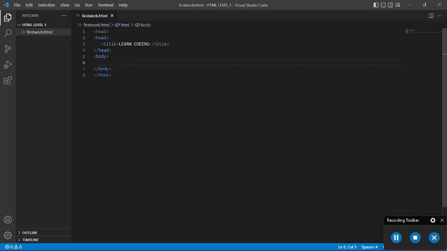So the body tag will always start next. This is the body of our HTML. Everything that's in the body will be displayed on your browser. So in the body, we have H1. For the H1, I'll say welcome